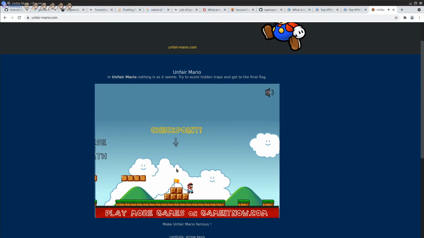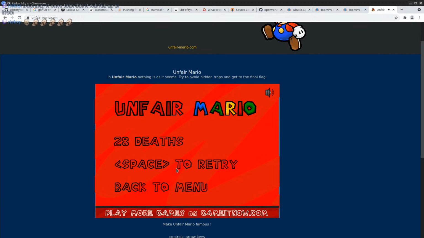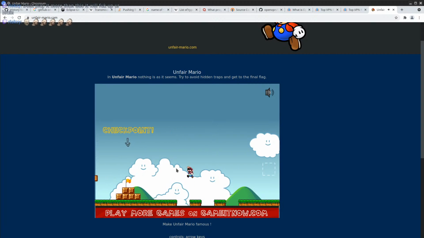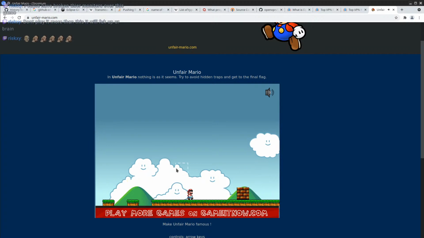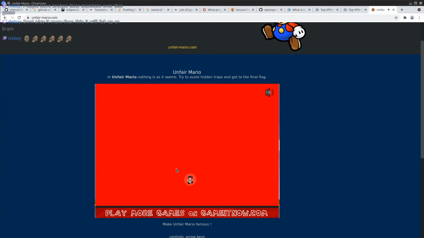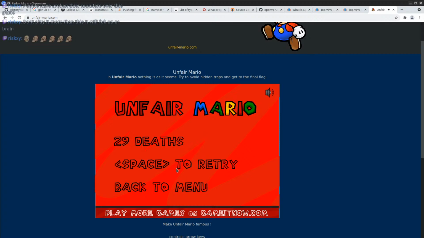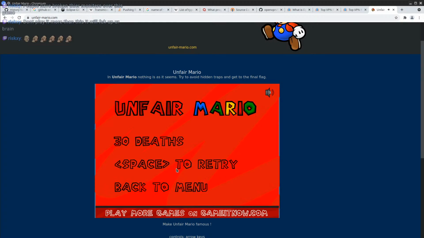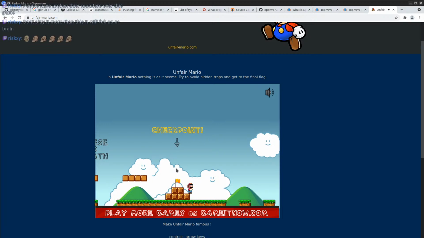Not really sure how to actually complete the last part. Don't play it more than this, it will mess up your brain. Yeah, it doesn't look like a game I would actually play. People break their monitors over this game. I kind of would understand if it was very responsive, but it's not that responsive, so...